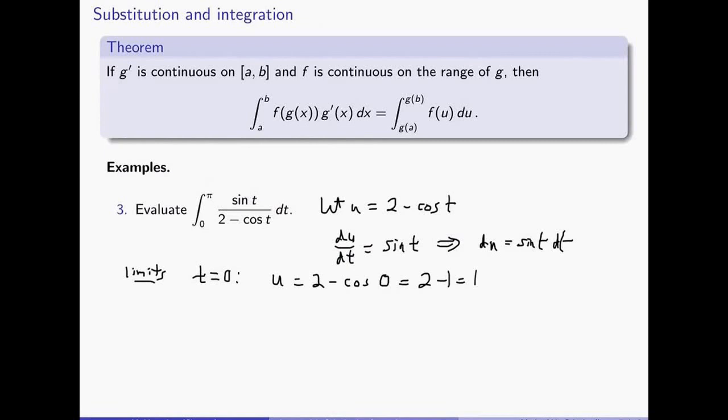The upper limit is when t equals pi. That happens when u equals 2 minus cosine of pi, and that is 2 minus negative 1 equals